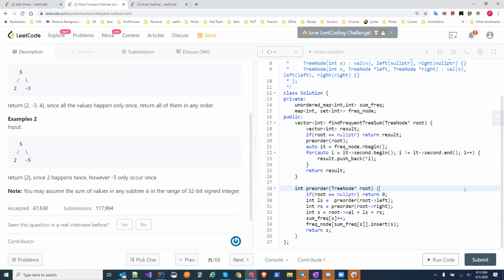Wherever possible, I always try to avoid writing more code, because more code means more errors. If the interviewer is okay with that and you can share that trade-off, and he or she still wants to go with it, then you can do that.